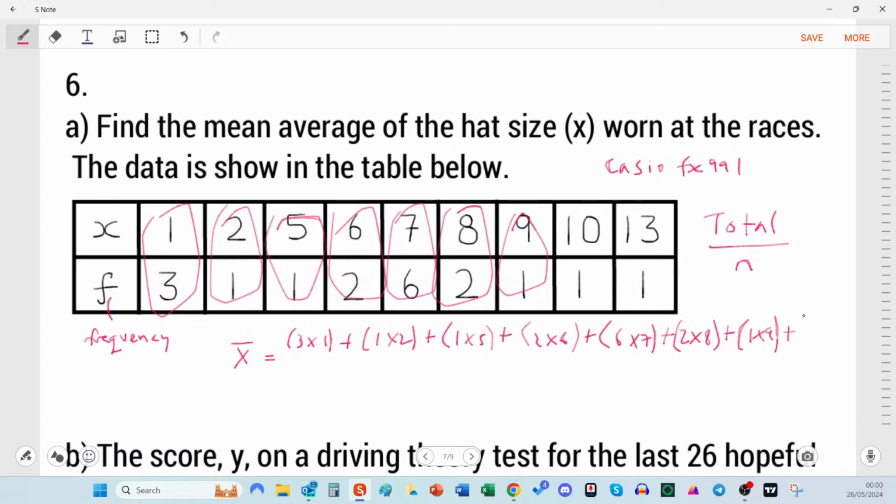It'll be really annoying if I don't finish this. 1 times 10,